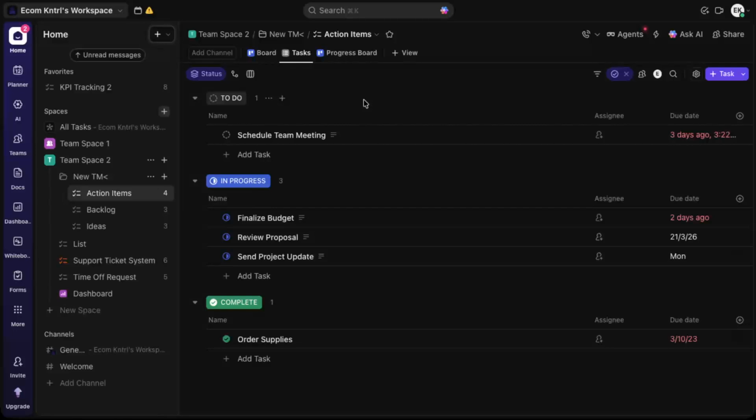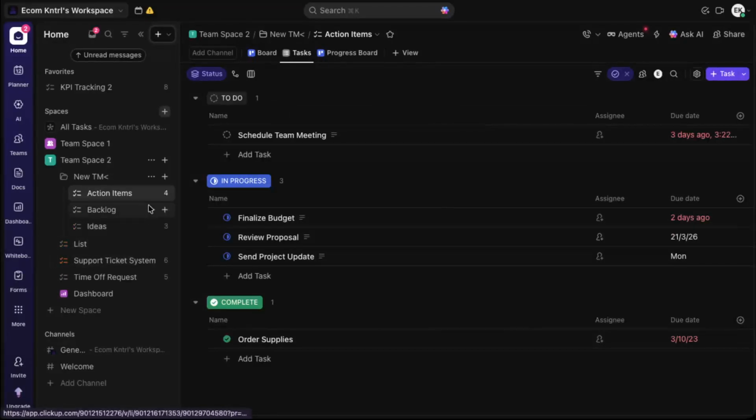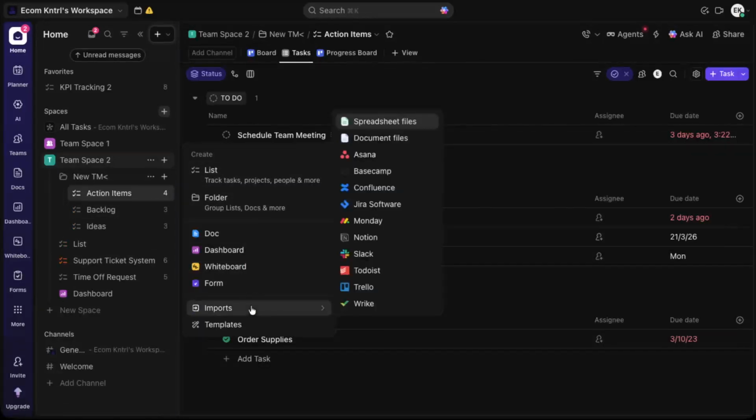Once you're in your list view, look for the plus icon in the toolbar. This is usually where you add new views or bring in new structures to your list. Go ahead and click on that plus icon. From the options that appear, select Templates. This opens ClickUp's template library, which contains pre-built setups you can plug into your workspace instead of building everything from